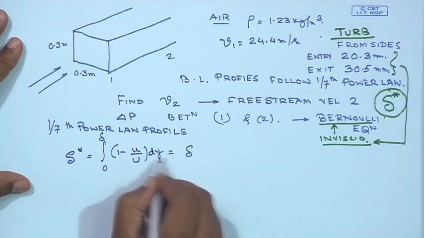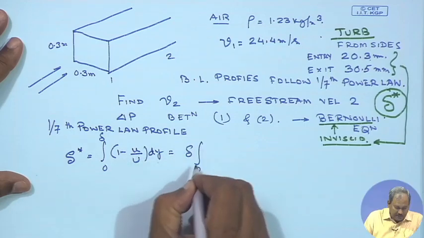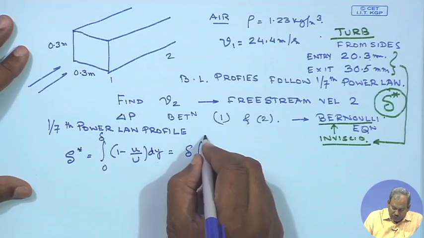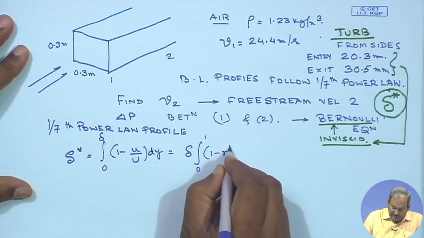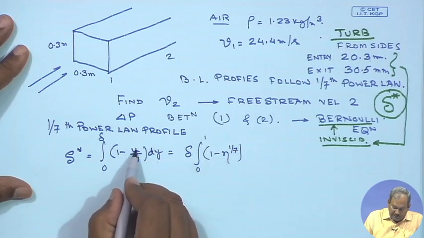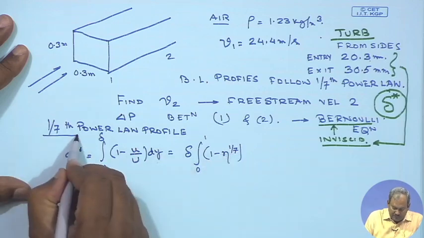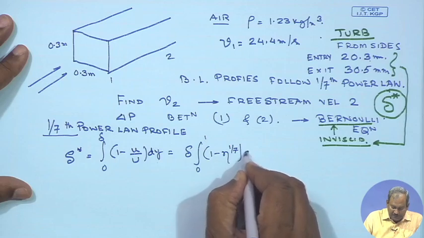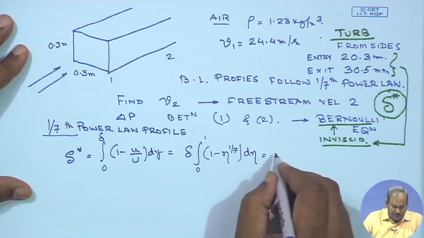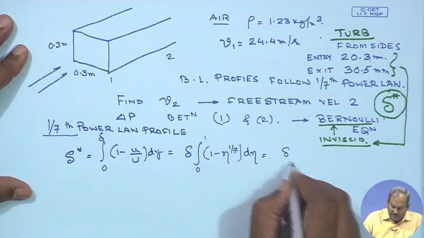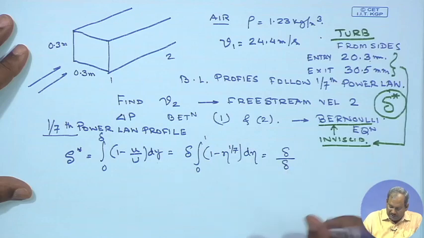If I take delta outside, it becomes integral from 0 to 1 of 1 minus eta to the power 1/7, because u by U is eta to the power 1/7, since it is 1/7 power law, as I have mentioned before. If you perform this integration, you would see that delta star is going to be equal to